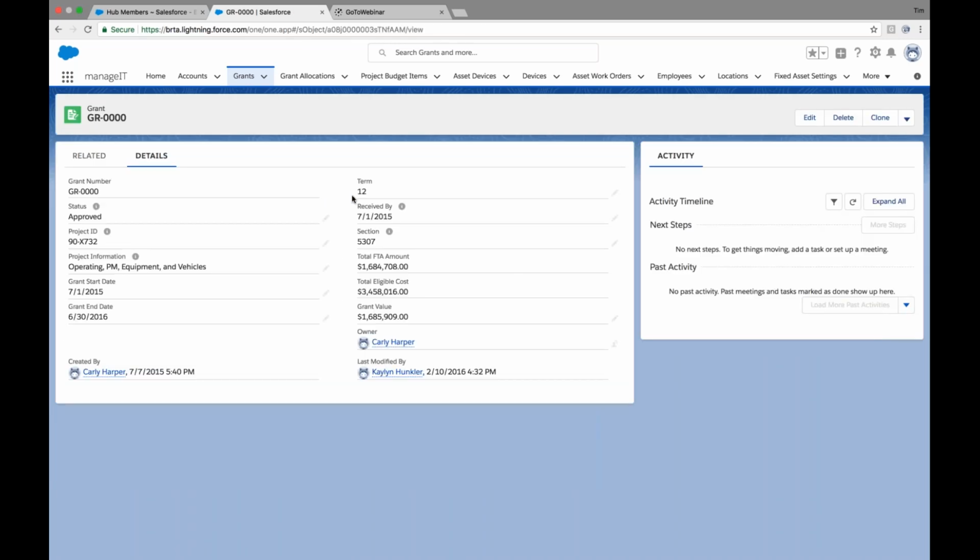So obviously, if we click on a grant, we can start to see the information about the grant, how much it was, how it's funded. This is 5307. This operating PM and equipment vehicles is the project information. This is the project ID. It is approved. So there's all that information that we know about the grant that can be associated with the assets. Same thing with budget line items or activity line items can also be associated